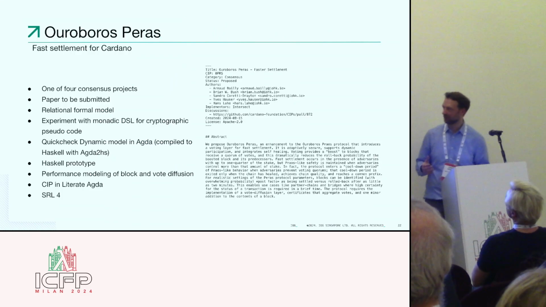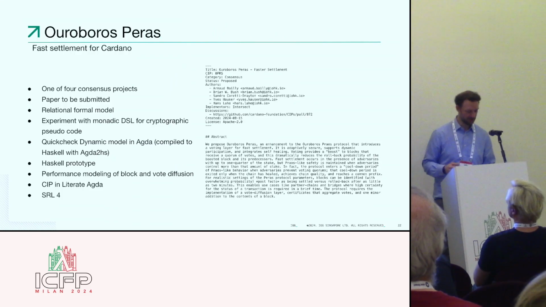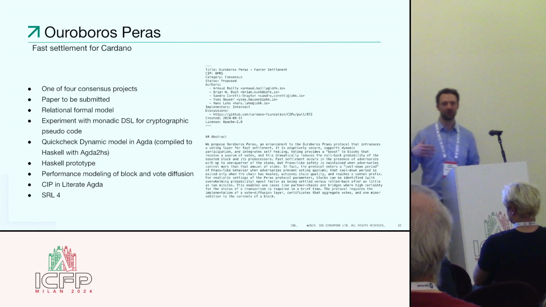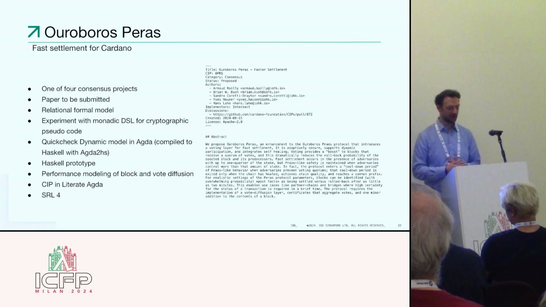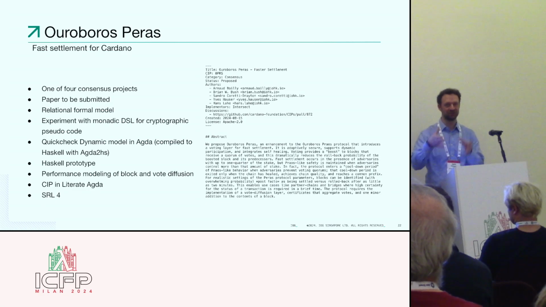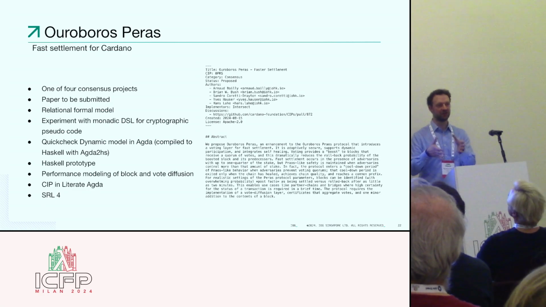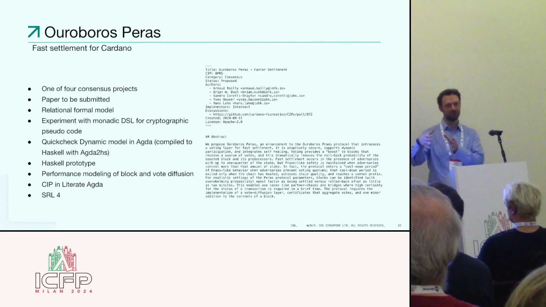So here's a couple of examples. I have two examples of R&D projects. This is Ouroboros Peras. This is the next iteration of the consensus algorithm, which is aimed at fast settlement. So this is about speeding up the settlement, which is probabilistic, and it's kind of the way I imagine the